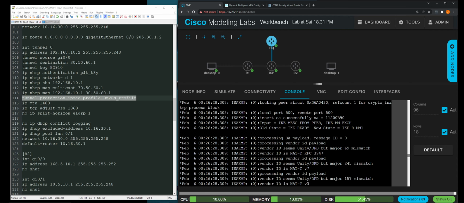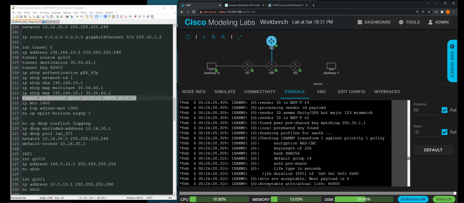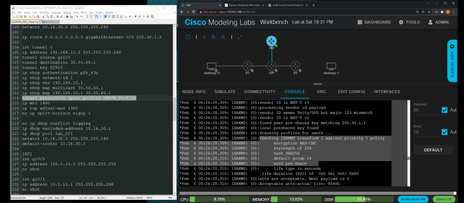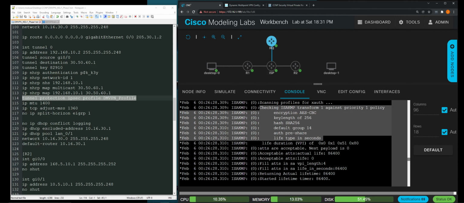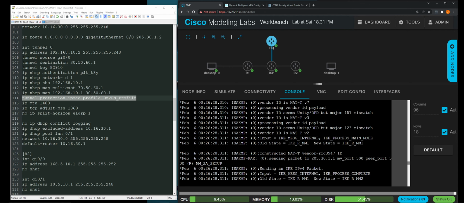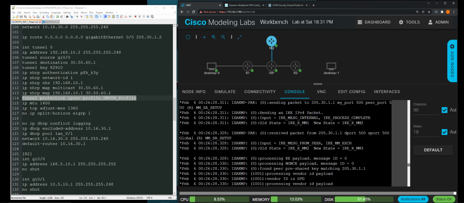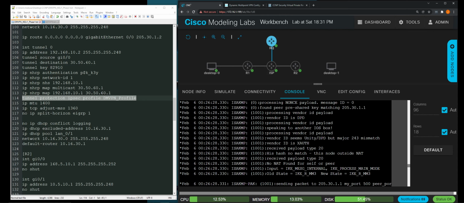As soon as this tunnel protection command went in, the VPN tunnel started to build. It shows this phase 1 policy came across. It's getting into main mode 2, main mode 3. Pre-shared key matched